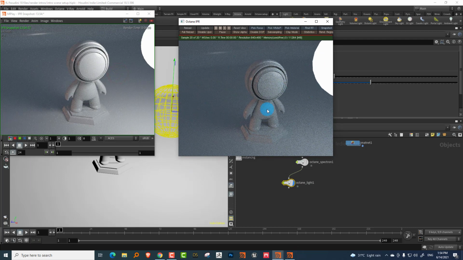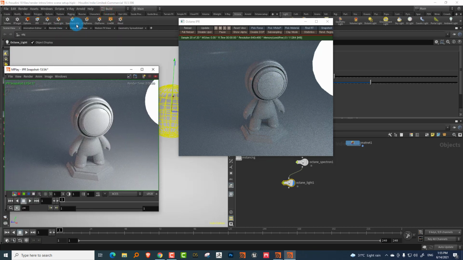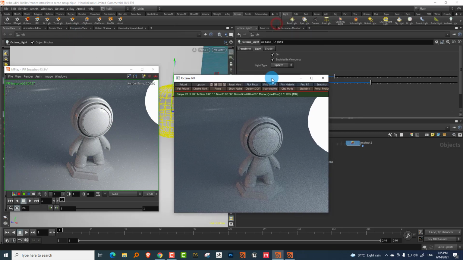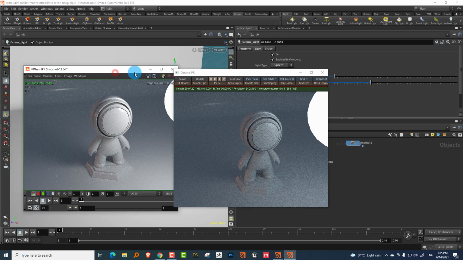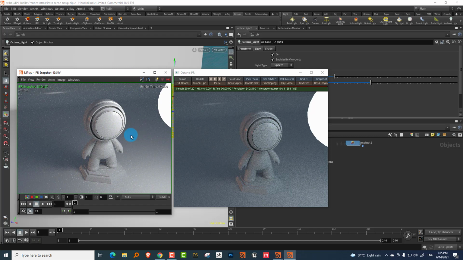Okay, you can see how long that takes and how much noise that has. And also, because there aren't enough samples, you're not getting enough light either. And this one cleans up a lot faster. So they both are 20 samples, but you can see the difference is night and day. So to whatever extent possible, use the Spectron, Quad and Sphere light. They'll give you much better results. Their idea is to eventually have a whole list of lights like you get in standard software. But for now you have two, and they are useful enough.